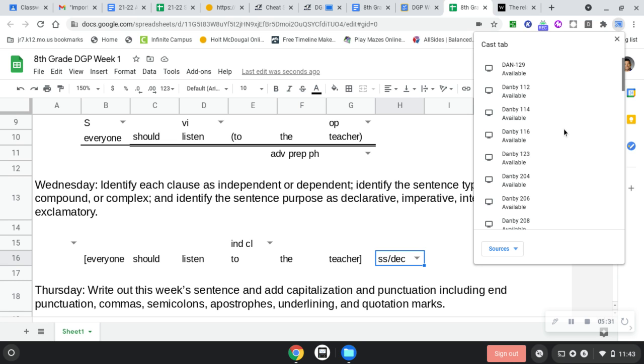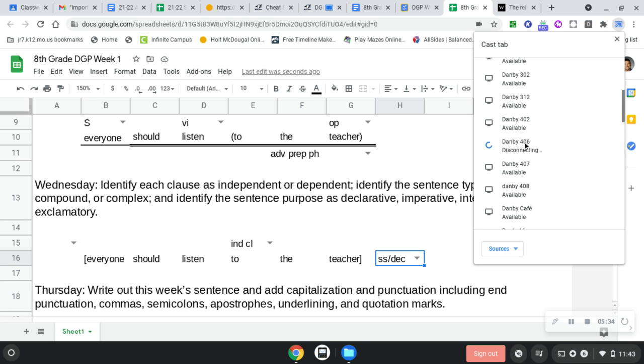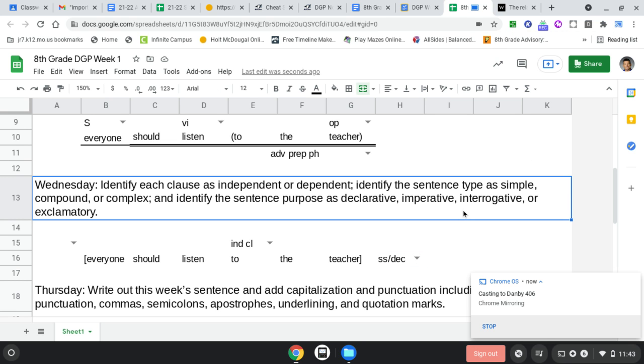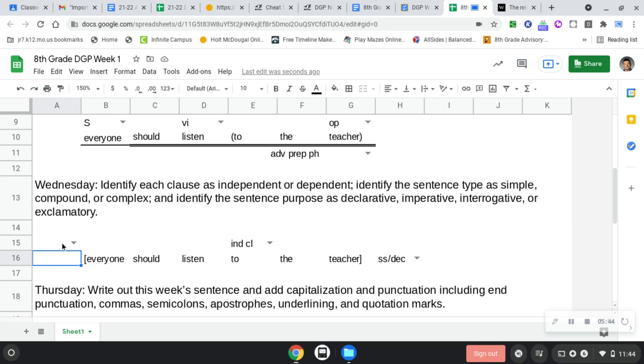Any questions about DGP Wednesday? Yeah, this one is just going to be, this box again is just going to be a clause box that you will typically have to copy and paste over your clauses. Okay. So Wednesday's much